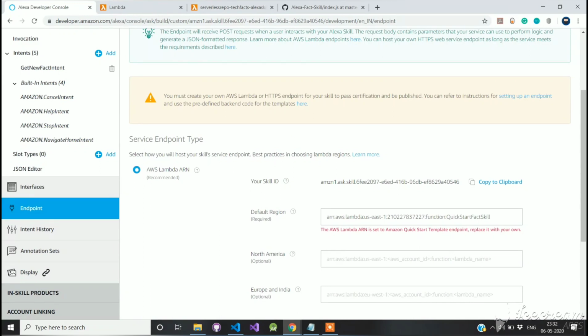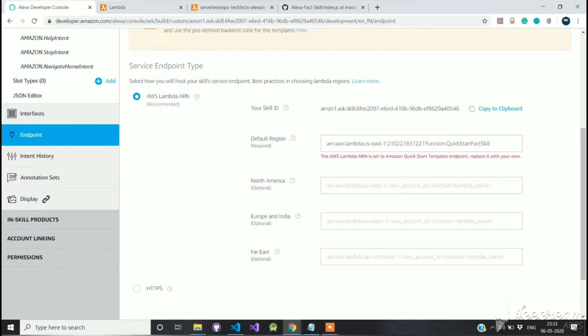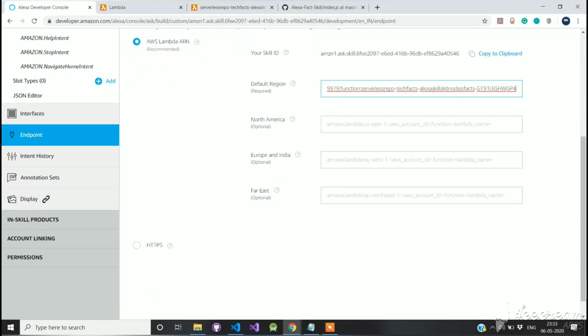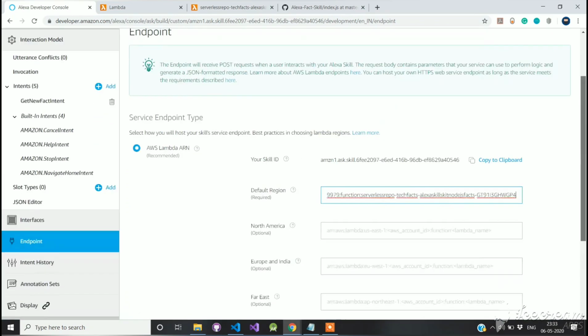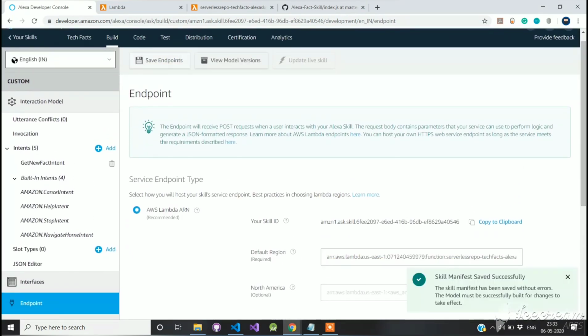Once under this section, we'll add the ARN number in the input box marked with default region. The message here reads that the AWS Lambda is set to Amazon Quick Start template endpoint and hence we need to replace it with our own. After you're done, click on Save Endpoints.